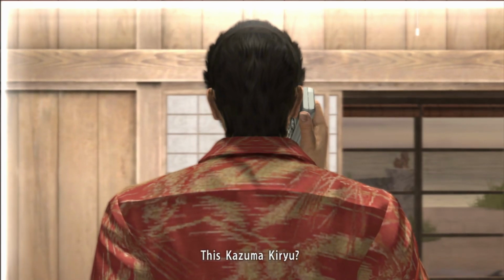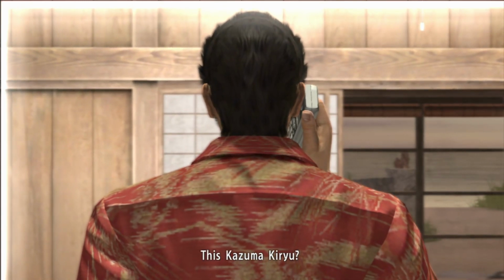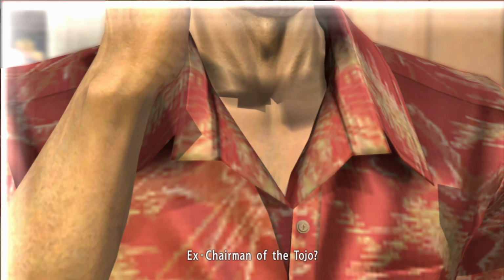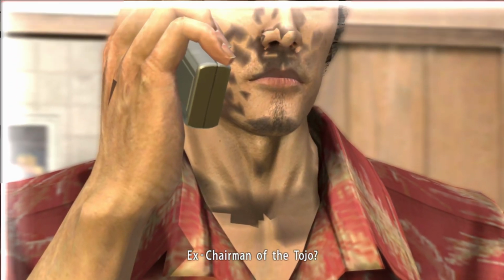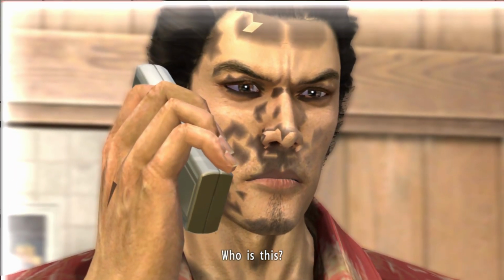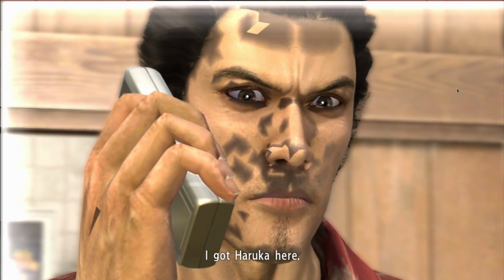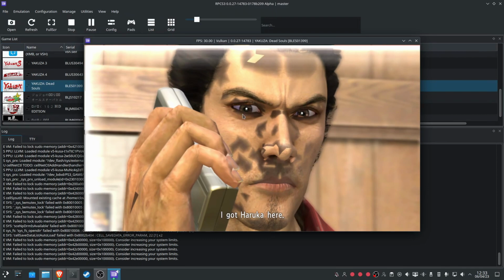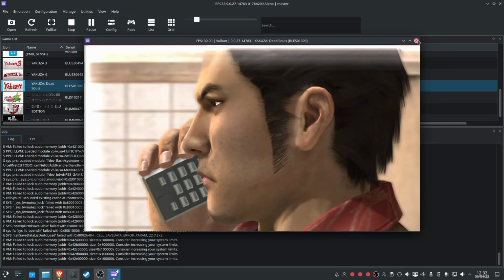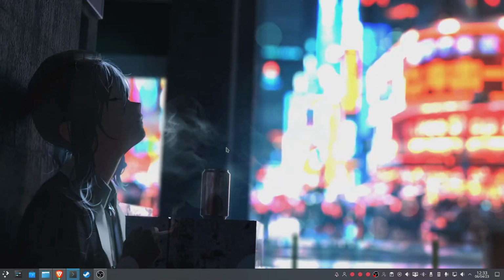I hope you guys are prepared for what you're about to see, because it's not a pretty sight. Jesus fucking Christ, man. Look at this. It is broken. The textures are all fucked up. And it's the proprietary drivers. That's what's causing all the issues. And if you run into issues like that,